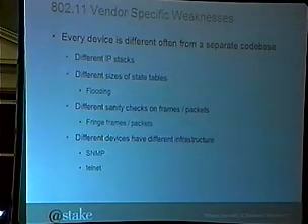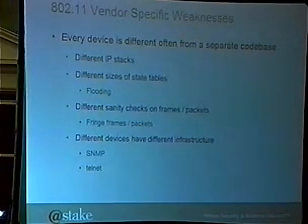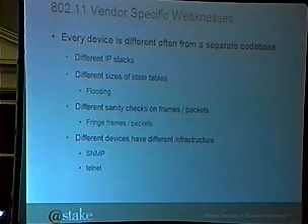Different sizes of state tables, meaning that I can flood your access point, or possibly even your card, with different types of packets with different amounts of data, different amounts of traffic. Different sanity checks on packets and frames. If I send what might be an illegal 802.1x frame, maybe your check isn't quite fully implemented. 802.1x is extremely new. Crashing is a big problem there.